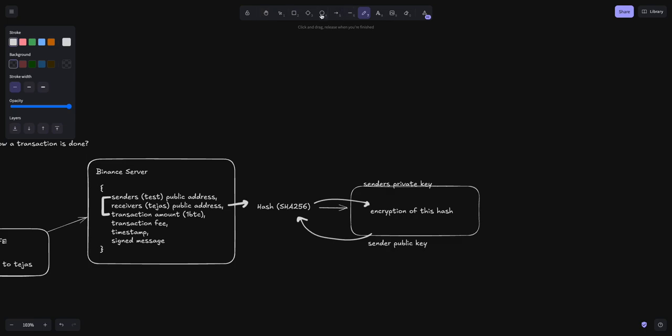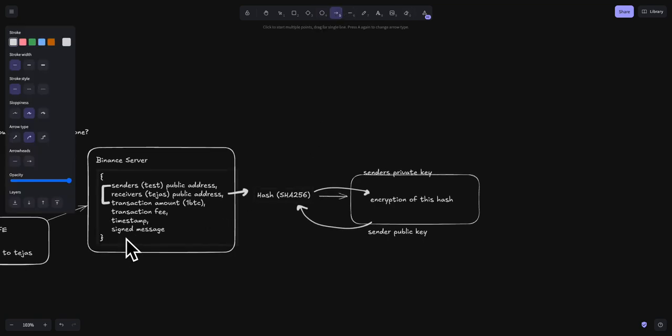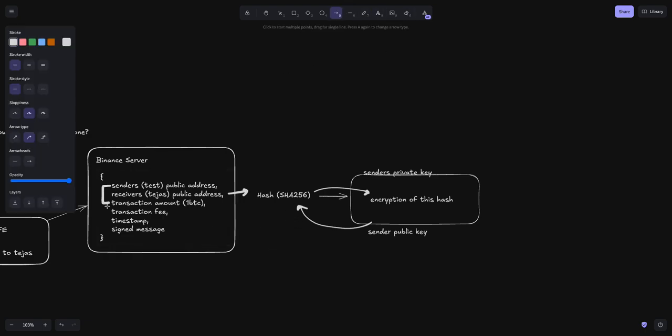Okay, so do we have an eraser here? Yeah. So this is how the hash is created. I will keep it up here. This will be necessary. Cool. So this is nothing but the signed message. This particular thing, which gets created, is nothing but